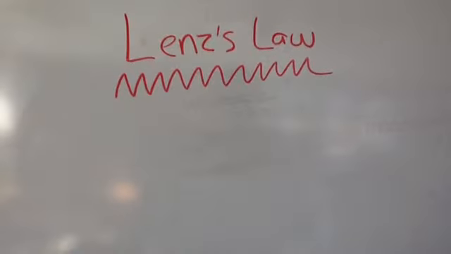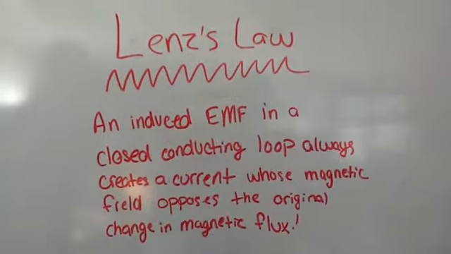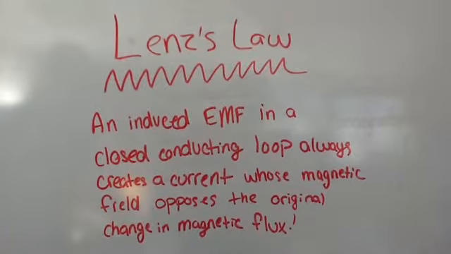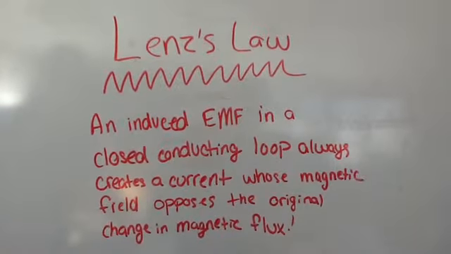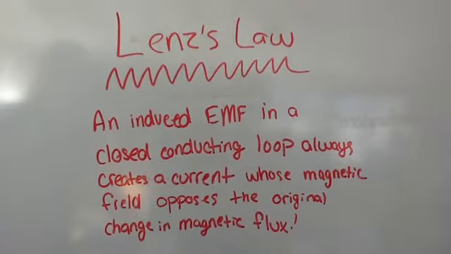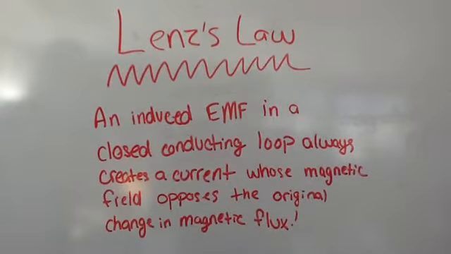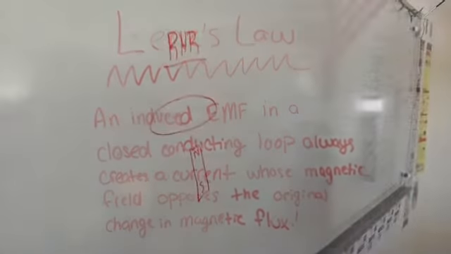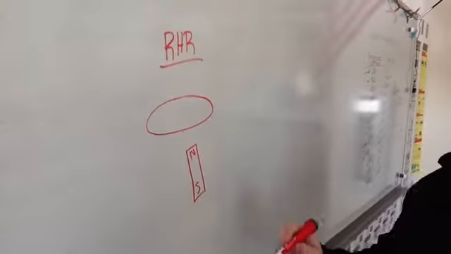Lenz's Law. What is it? It is that an induced electromagnetic field in a closed conducting loop always creates a current whose magnetic field opposes the original change in magnetic flux. So Lenz's Law also includes the right-hand rule,